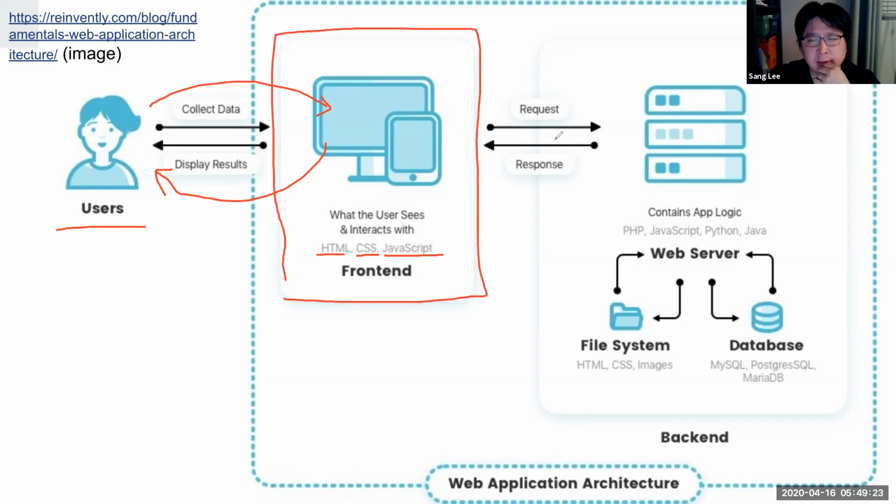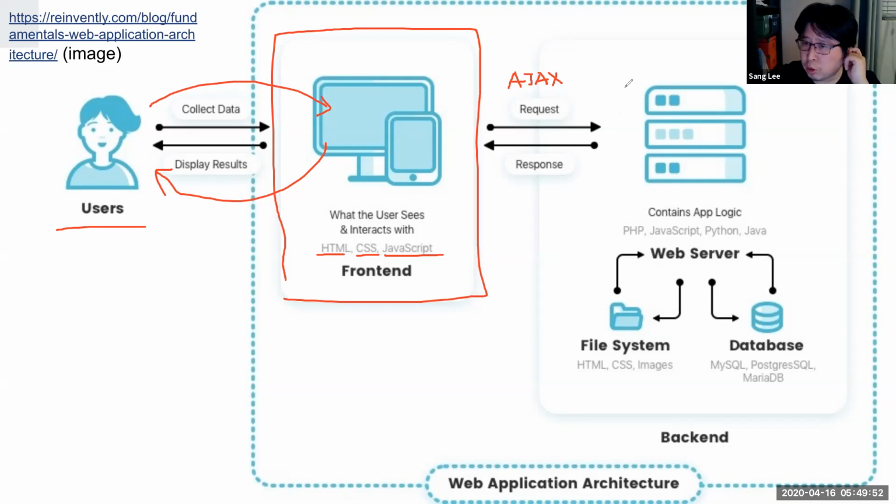And then it interacts with the server, right? In assignment 4, we made an AJAX request, right? Of course, requesting an HTML file or images are also requests, and then you get a response from the file server, but we can also make an AJAX